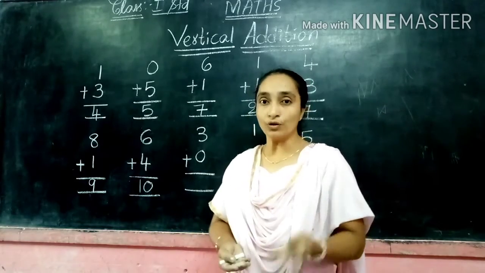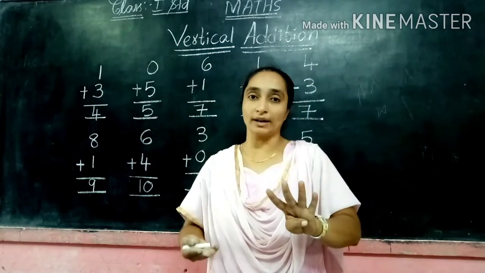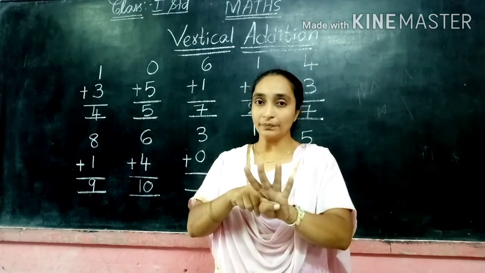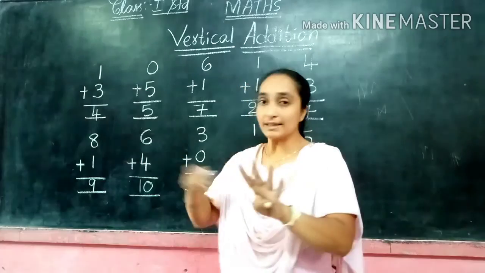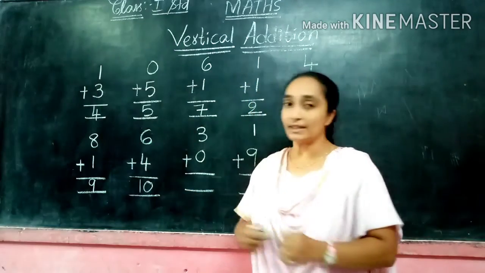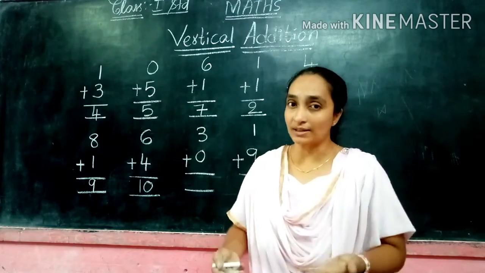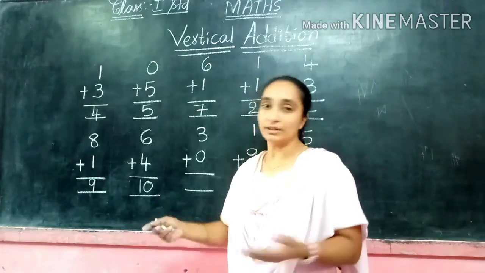If you take the 4, the small number, it is easy to add. So 4 numbers we are taking. Now the big number 6, 6 after we are counting: 7, 8, 9, 10. Easy. So within a minute you will get it fast. So the addition will be fast here. So 6 plus 4, 10.